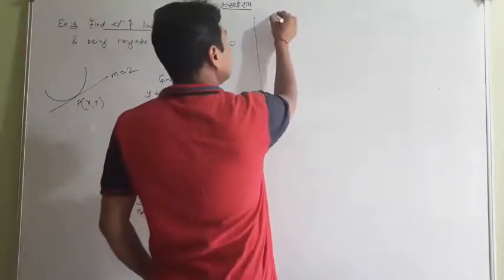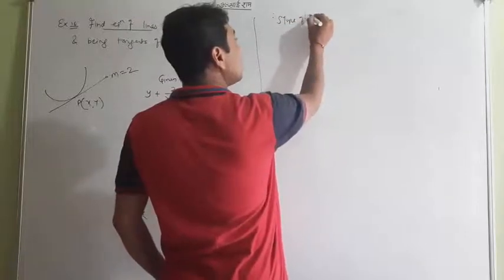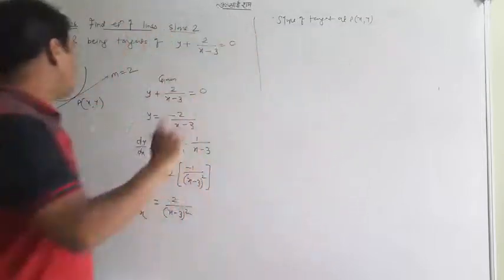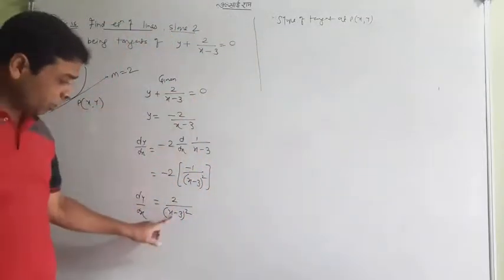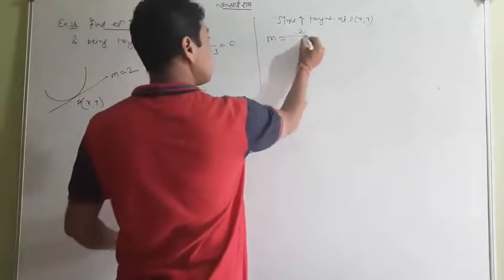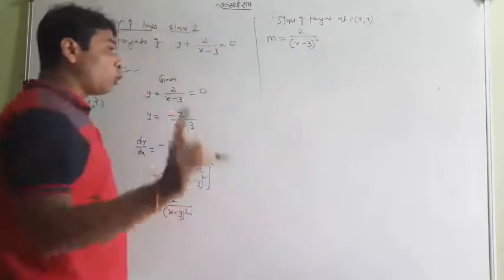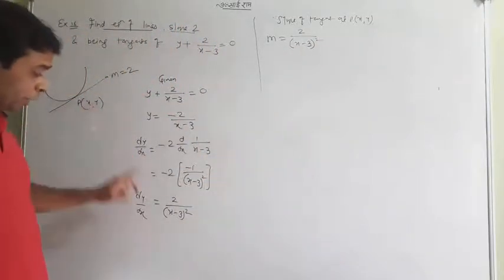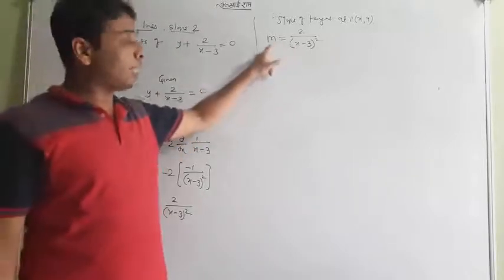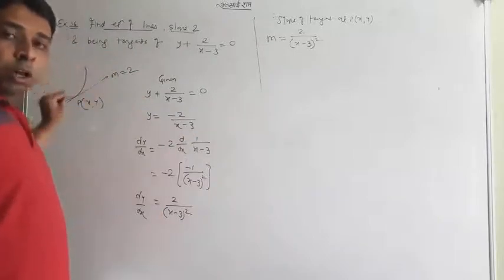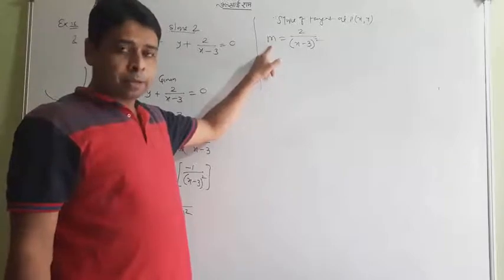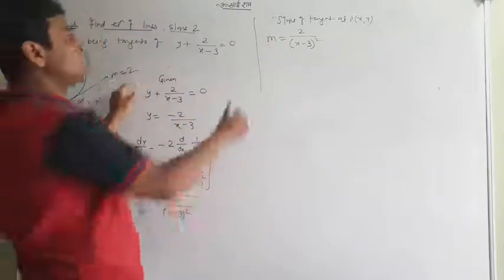So the slope of the tangent at point P, where I always take P as (x1, y1). You put only x instead of x1, no change at all, and it is going to be m. Already I have taught you, when you take x1 y1, it will be x1, and if you take x2 y2, it will be x2, and then it is m. So for convenient order, I just took x y here, and it is going to be m. So m is given what? 2. So put 2 here.